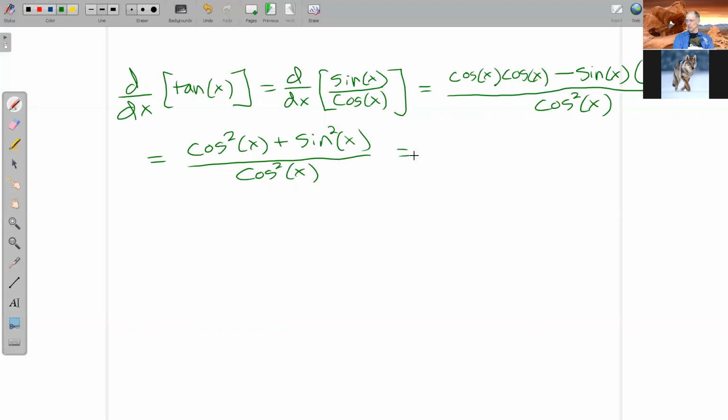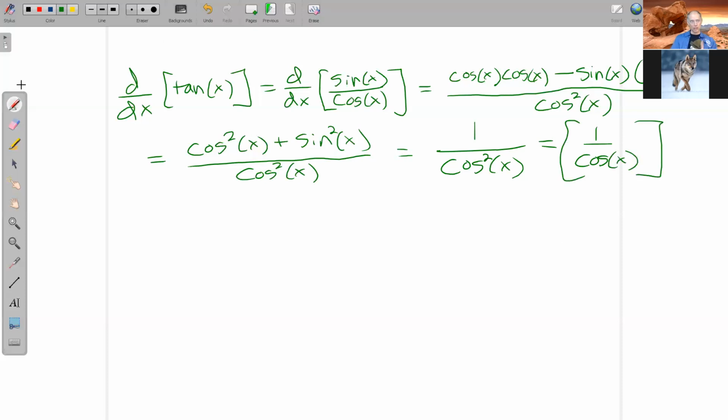Cosine squared plus sine squared. This is the Pythagorean identity, the most famous trig identity ever. What is it equal to? Oh, thank you so much. It's 1, yes, Pythagorean identity for trig. Cosine squared plus sine squared is 1. This gives me 1 over the cosine squared of x, which I can also write as 1 over the cosine of x